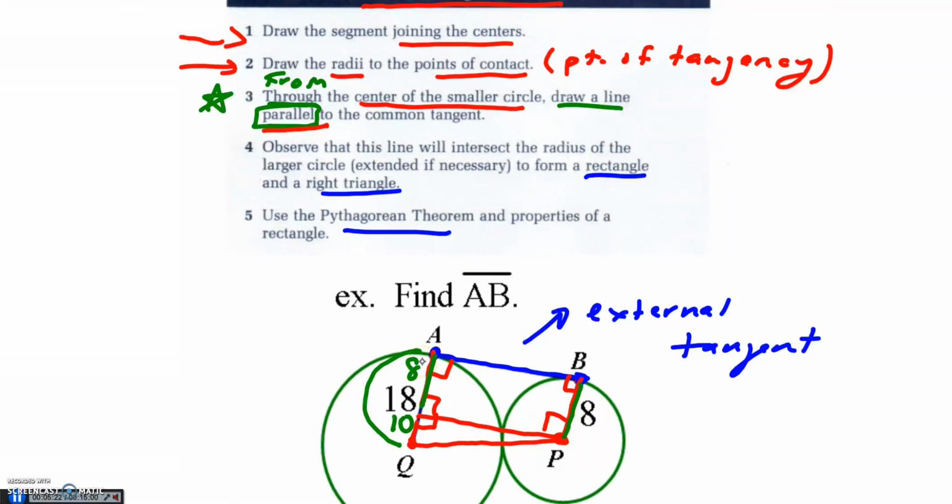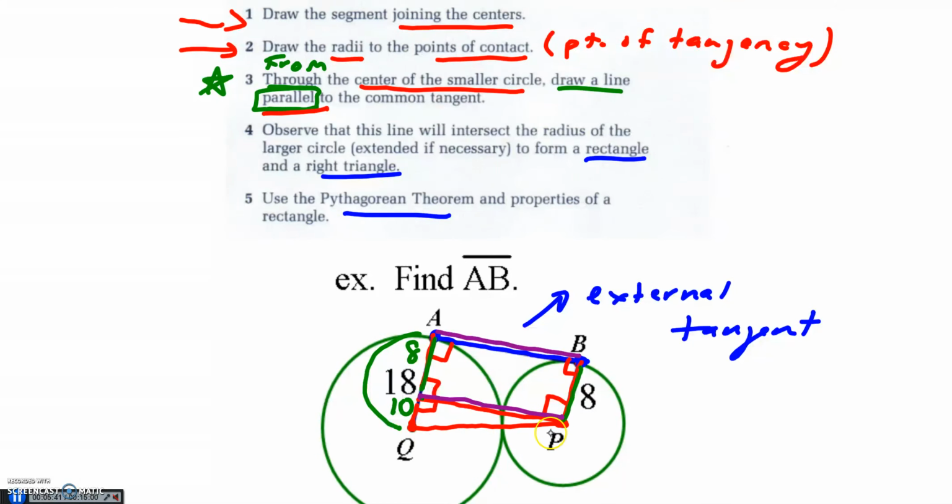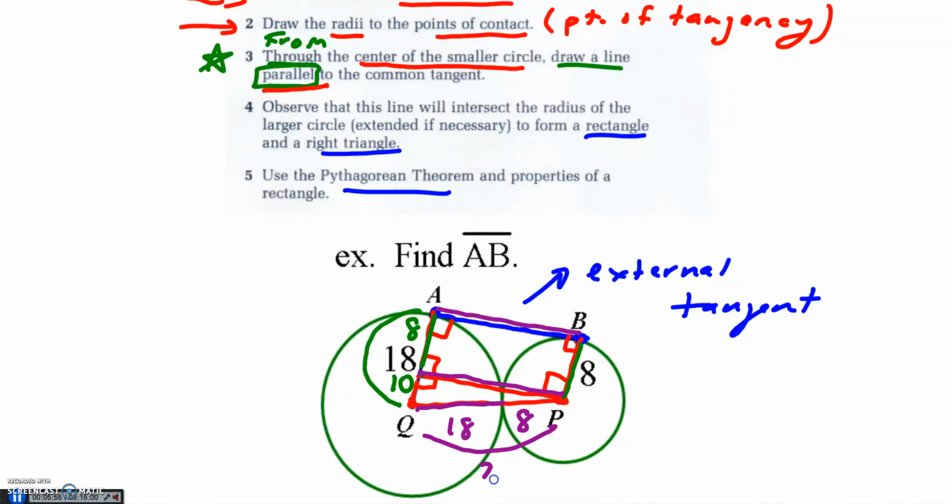Now, my goal is to find the common external tangent. If I find this segment here, I'm automatically going to find the AB. If I look at this triangle, it doesn't look like I have enough yet to use the Pythagorean theorem, until I remember that QP is made up of 2 sets of radii. This segment has to also be 18 because this radius is 18. And this segment must also be 8 because this radius is 8,